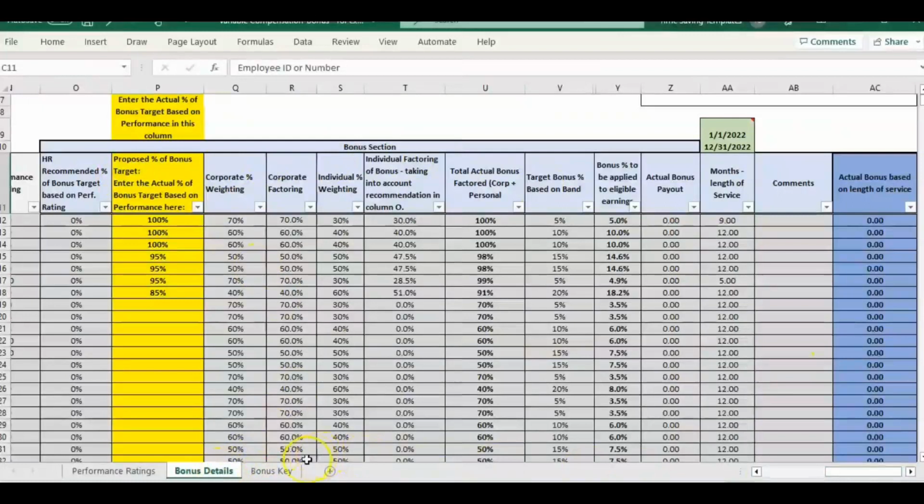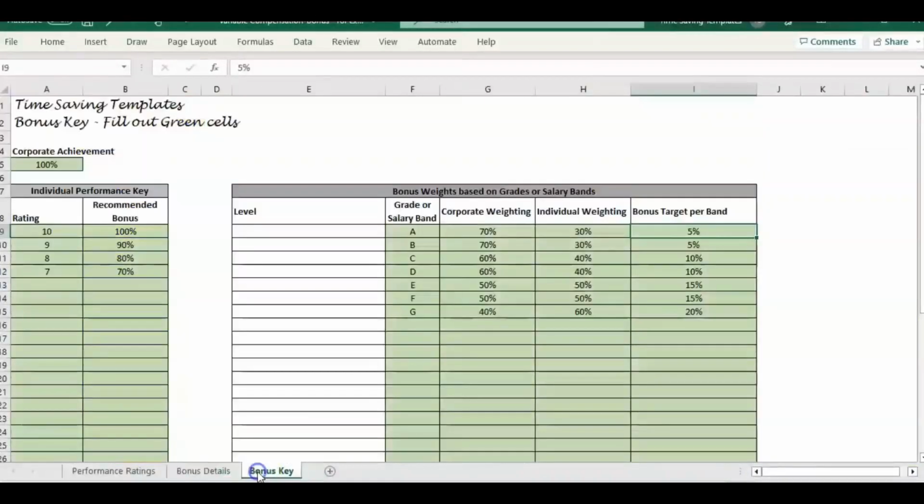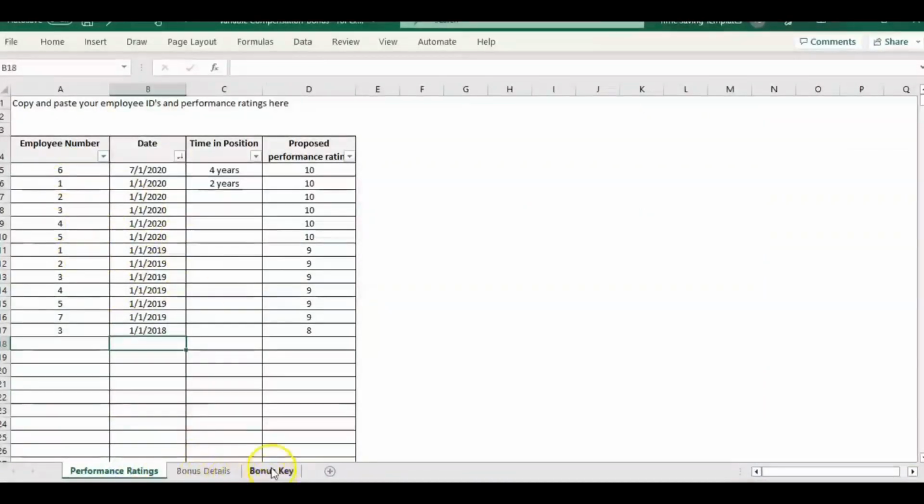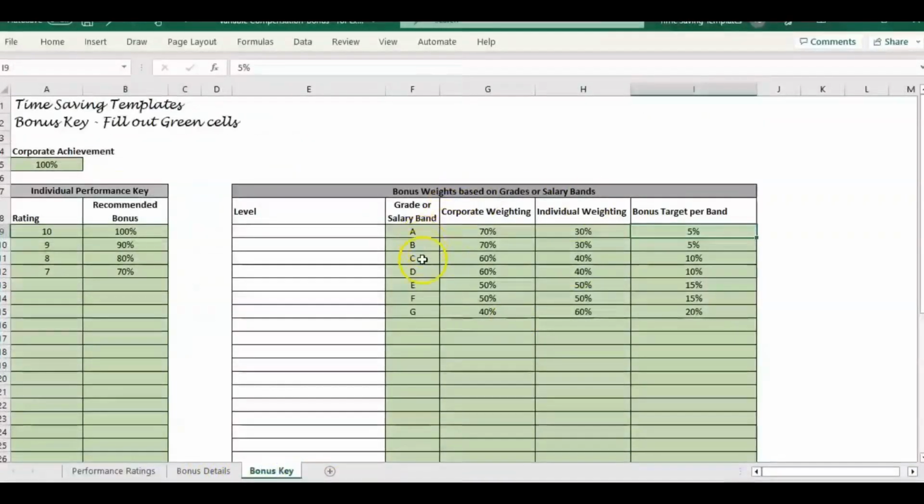And so the details tab is pulling information from a bonus key and also performance ratings that have been entered. This is looking at where you have salary bands in the company, and each band has a different bonus target. And so this is assuming that, for example, a 5% bonus target is 5% of the employee's annual salary is what their bonus target is. So that is assuming an annual bonus program,